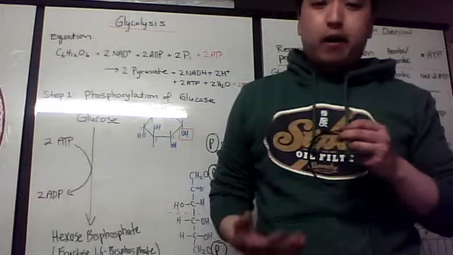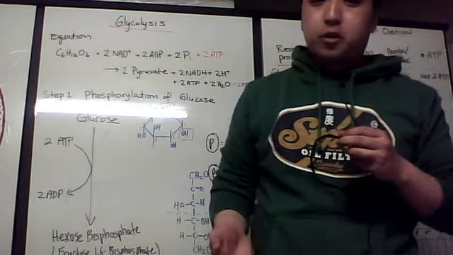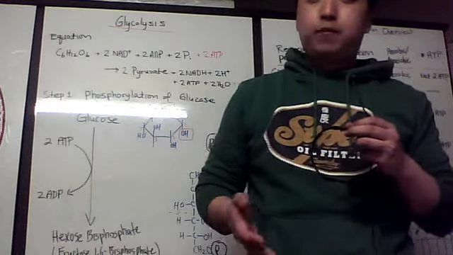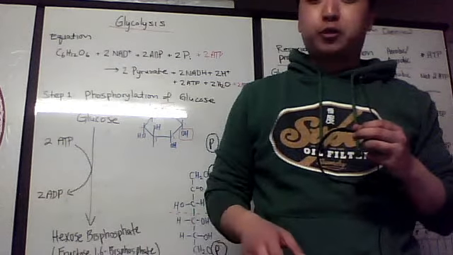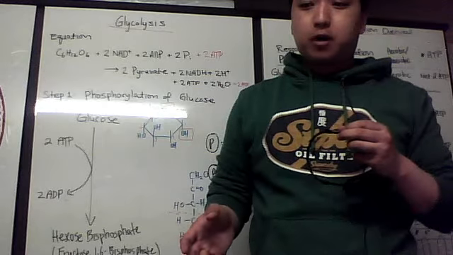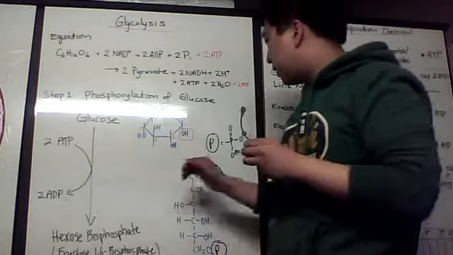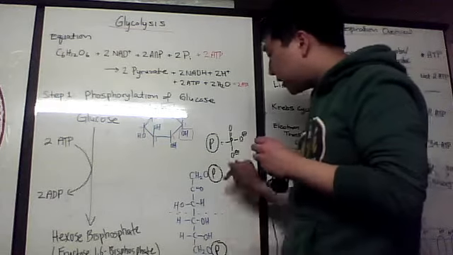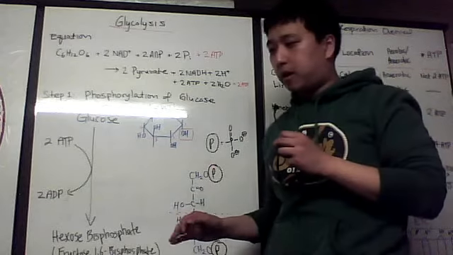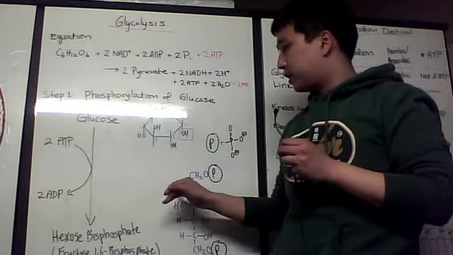The reason why phosphorylation occurs, well, first of all, is to stop any free diffusion of glucose molecules out of the cytoplasm. As you know, the cell membrane is made up of phospholipids, and phospholipids are negatively charged. So since these phosphates are also negatively charged, they repel from or can't go through the cell membrane. So that's one of the